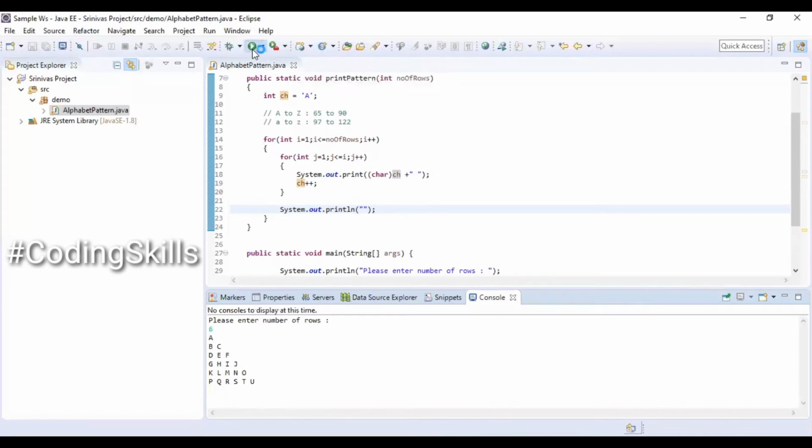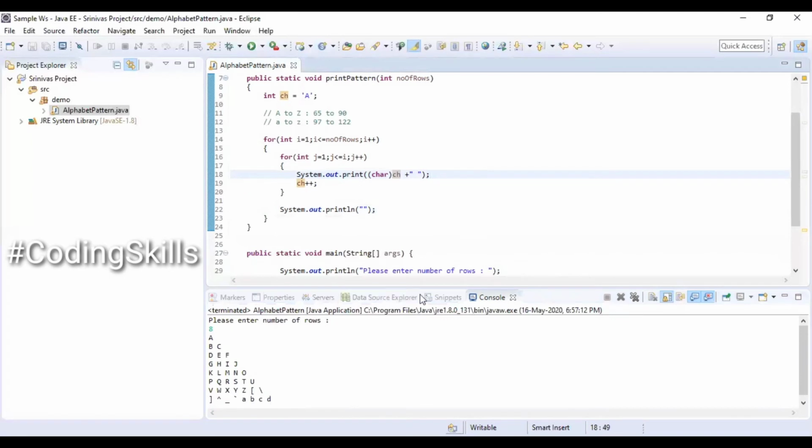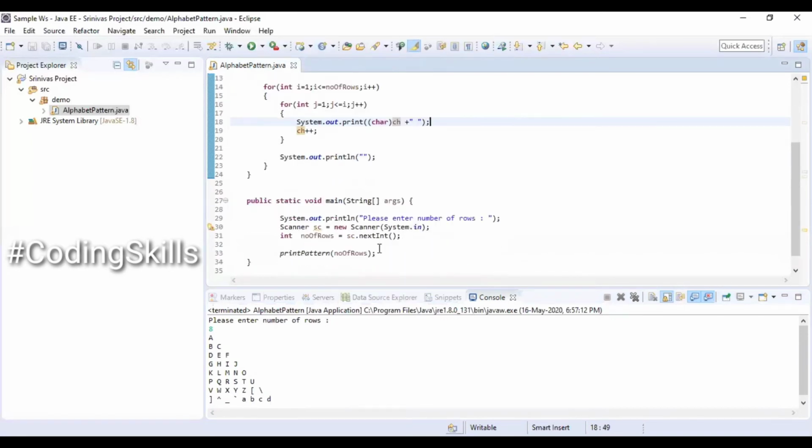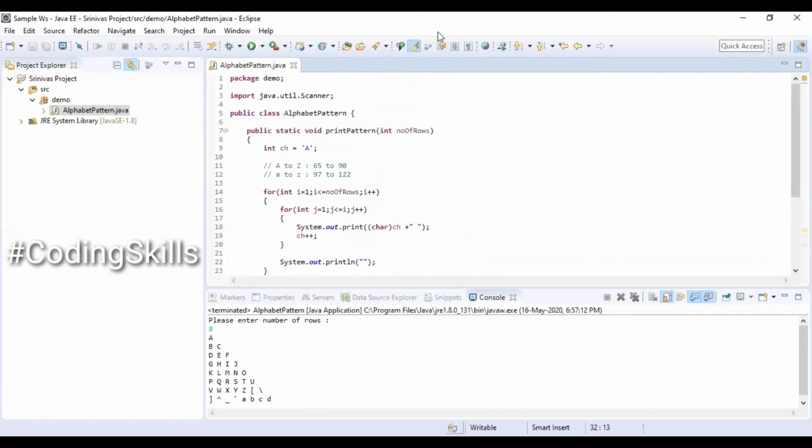So if you enter number of rows as 7, it is going to cross the limit of z, so we should see the other special characters which are in the next sequence. Once we are done with the other special characters, it is also starting with the small a which is 97. So if you do not want anything to be extended like this, we can have a validation while reading the input from the keyboard. We can provide the informative message accordingly. So in this program especially we have started with the character A, but we can use any character as a starting character to print the format as expected.